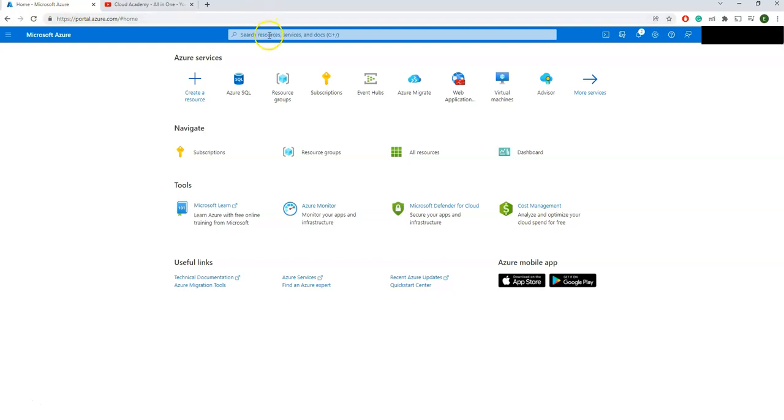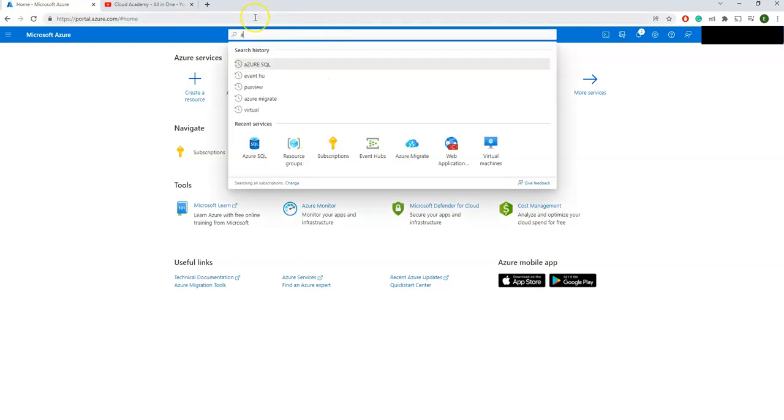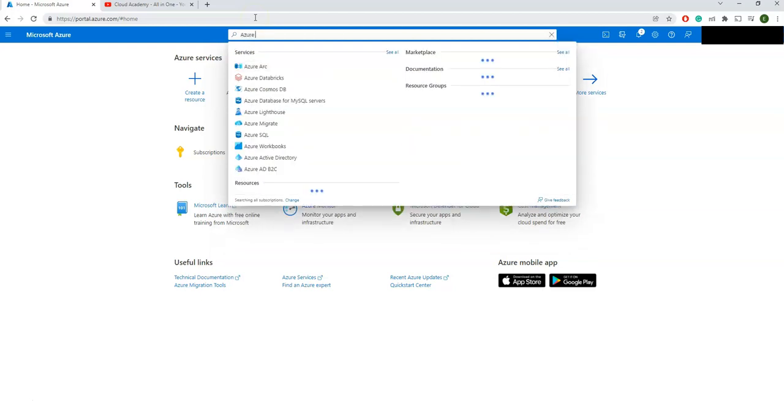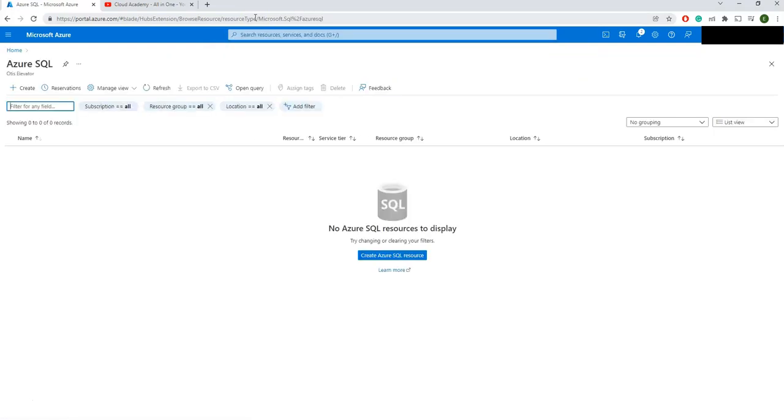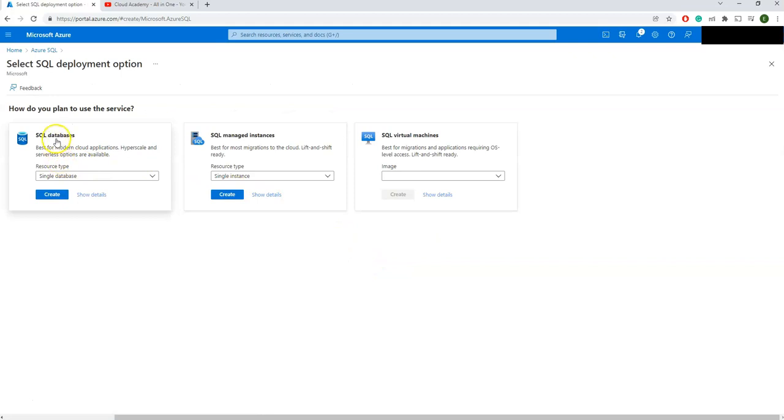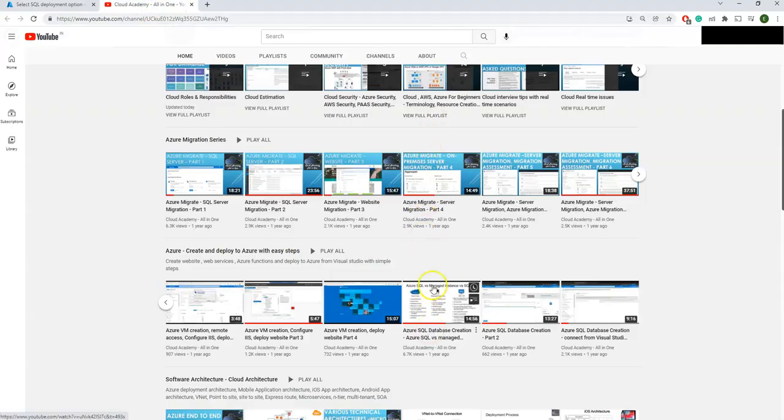So in the Microsoft Azure, you can just simply search for Azure SQL. Create Azure SQL resource. I'm just selecting SQL database. In case you need detailed information about all these three options, I have already explained in the video here.